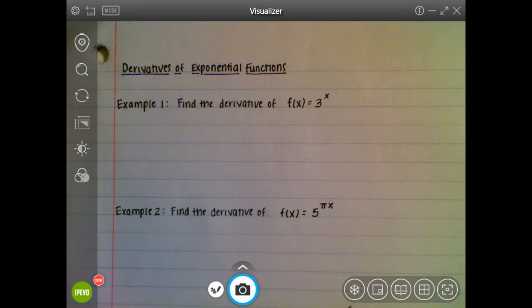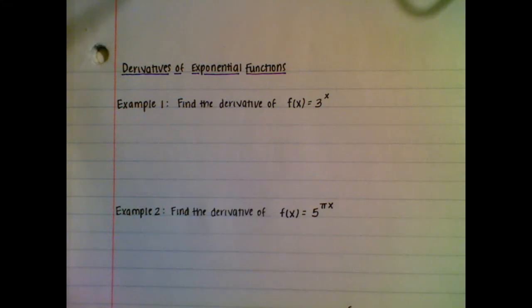Hi, everyone. So we've done derivatives and integrals of exponential functions with base e, but we haven't talked about what happens if our base is some other value, like a 3 or a 5 or an 8. So there's just a rule that we need to follow to find these derivatives, and that rule says